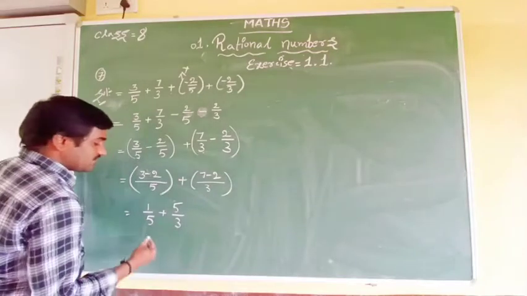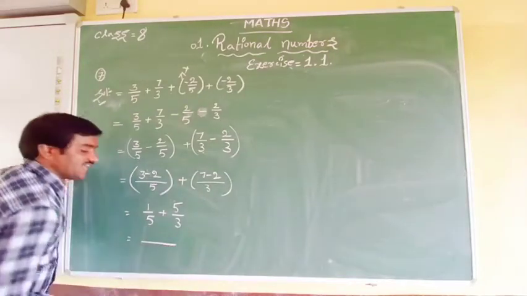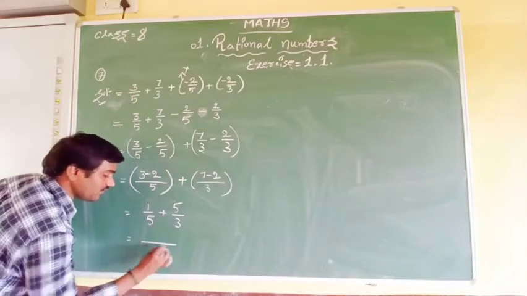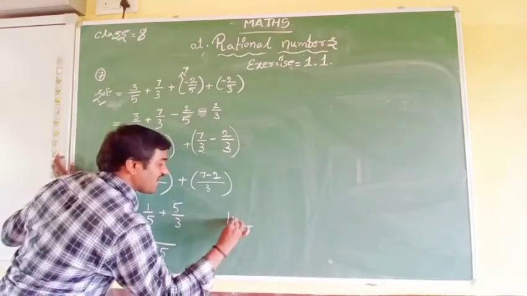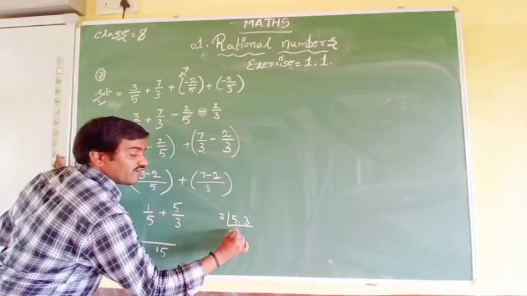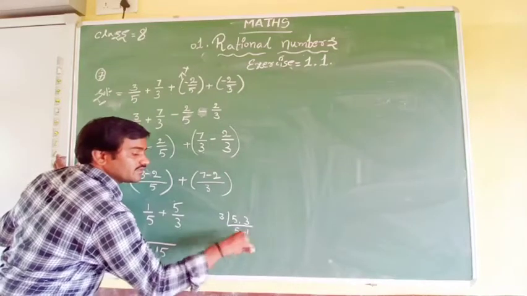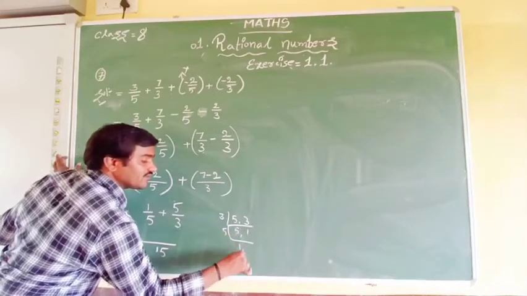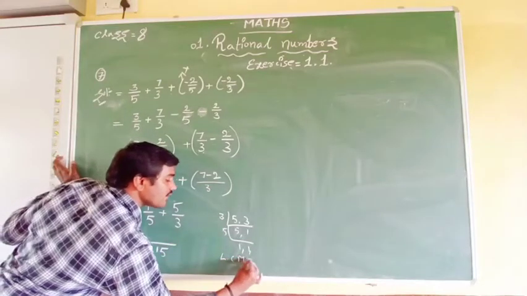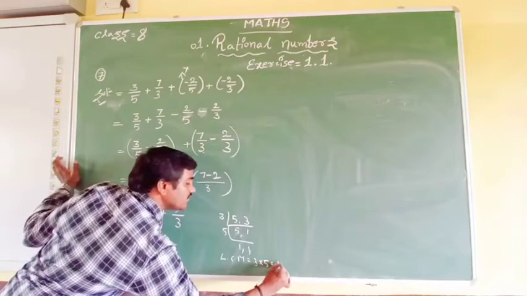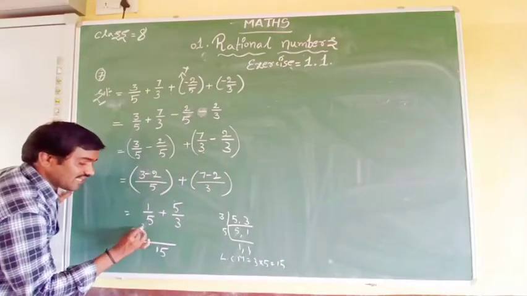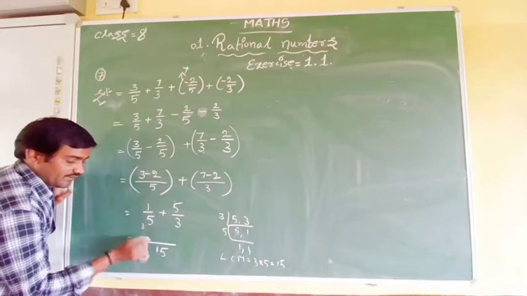Addition of fractions. In this way, we have to take the LCM. 5 and 3, LCM is 15. You take the LCM of 5 and 3; both are co-prime actually. So in the 3 table, 5 will not appear, so write 5 as it is, 3 ones. And you go to the 5 table, 5 ones. So 5 into 3, or 3 into 5, equal to 15. So let me write 15. How many 5s are 15 here? 5 3s are 15. 5 into 3 is 15.